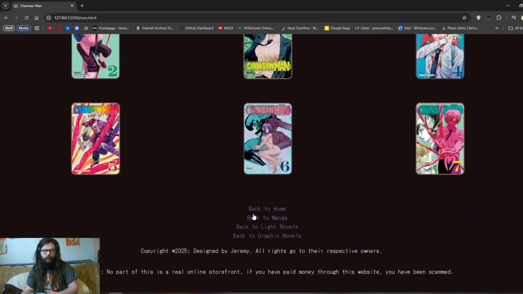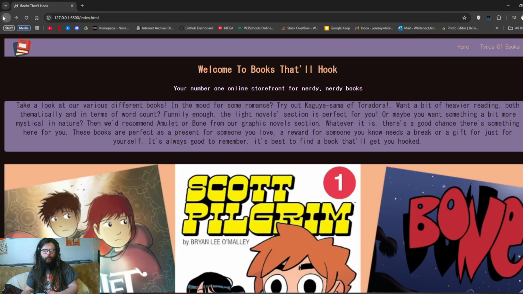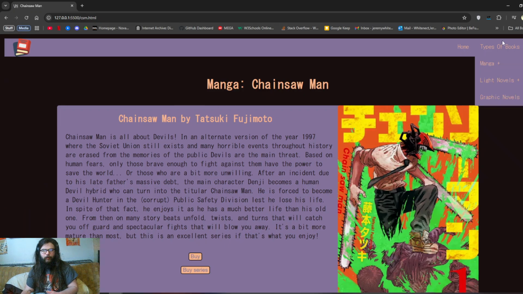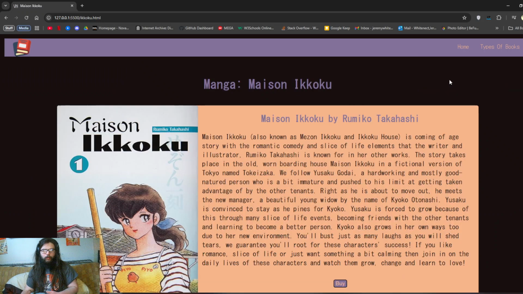And then see here, it's kind of inverted. If I go back, or actually, no, I'll go to a different page. Yeah, I basically make them switch. So then the next one is the Chainsaw Man style. So that's why I had two of each, because it was literally the same thing, just with a different color